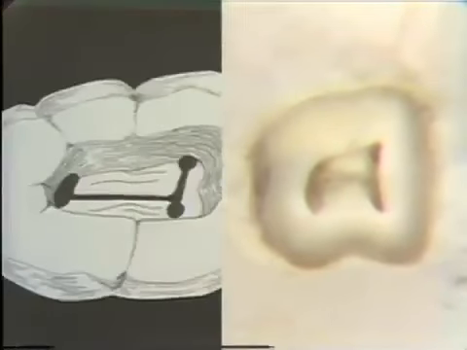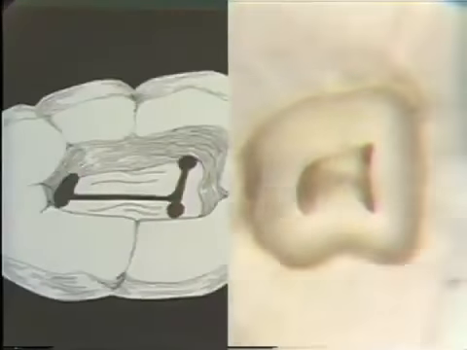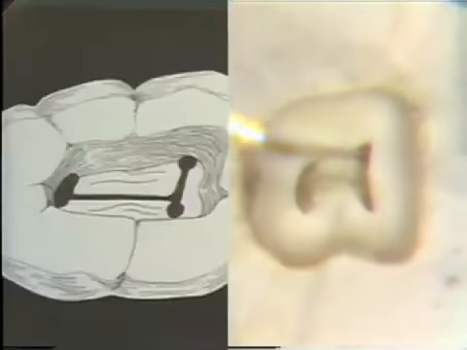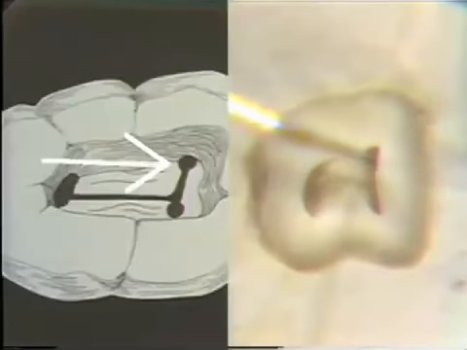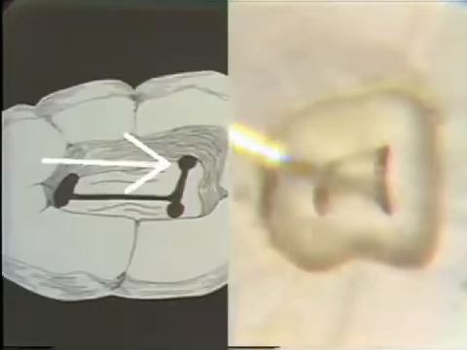Here's a mandibular molar that's been sectioned at the floor of the pulp chamber. You can see that the floor of the pulp chamber guides you right into the canals if it's left untouched during your access preparation. Comparing it with the graphic that we saw before, you can see that you have the mesial buccal canal very far up to the mesial lingual canal, not quite as far to the lingual as you might expect,